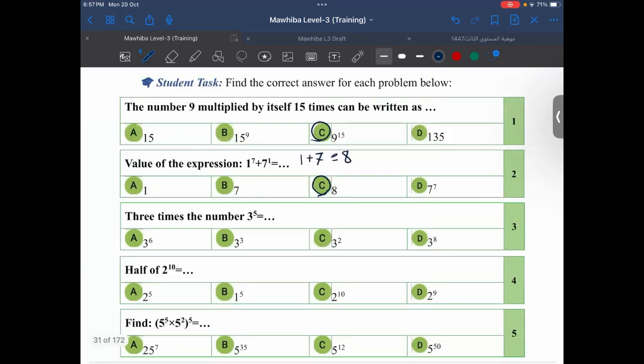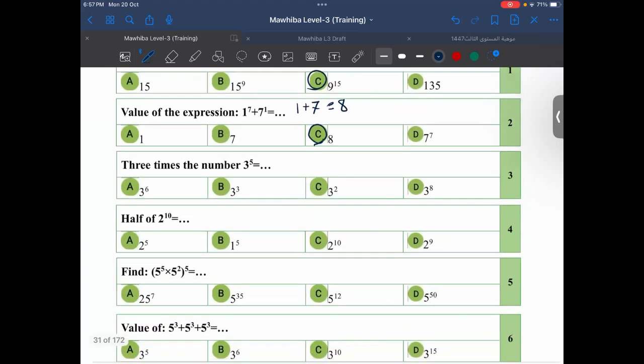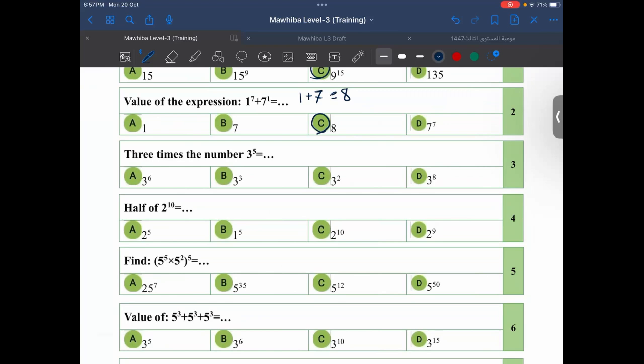Excellent. Yalla, question 3: 3 times the number 3 to the power of 5. Yalla Salman. So it says 3 times the number 3 powered by 5. So we're going to multiply 3